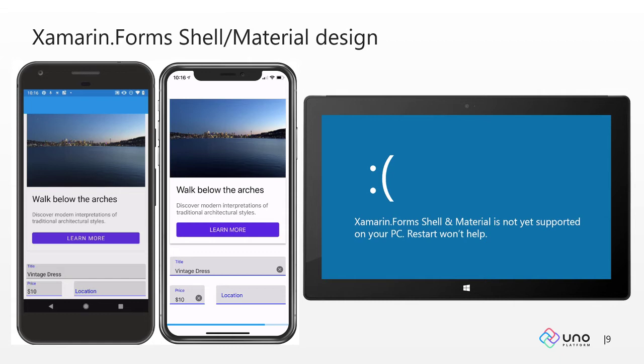The shadows are different, the margins are different, and again, to work around these issues, you will have to customize the layout. And finally, for the UWP or Windows part of the story, Xamarin.Forms Shell is not supported yet, and there is some ongoing effort to implement this by the community, but it's still in early preview, and it's clear that the official team of Xamarin.Forms is focusing on innovating on Android and iOS first, which is sad,